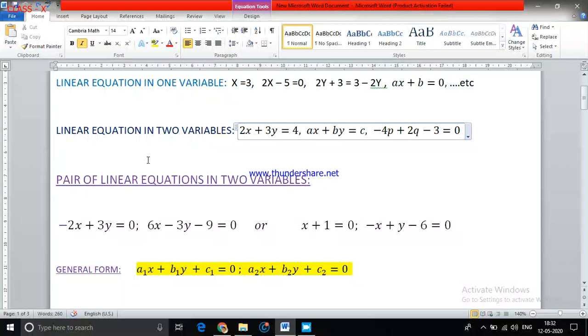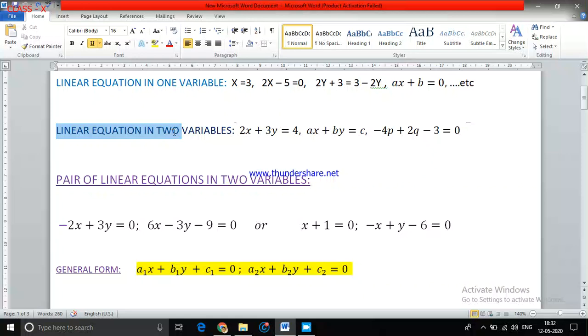Now in class 10, in class 9 you already studied linear equation in two variables, but you studied only one linear equation, right? You might have only one equation, and how to find the solution, how to represent on the graph, and some word problems you might have solved. Now in this class 10, you are going to study pair of linear equations in two variables. Here also it will be two variables only, but the equations are a pair. Pair means two equations. Okay, so you have two equations with two variables.